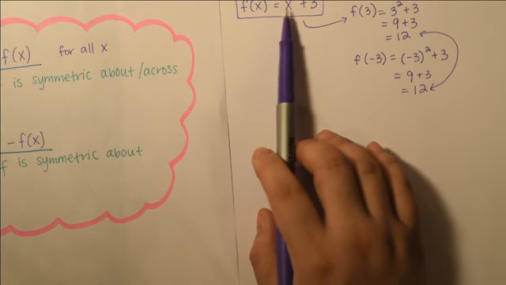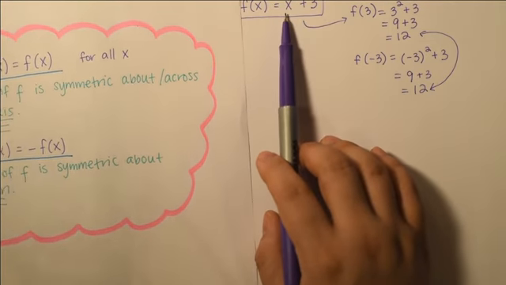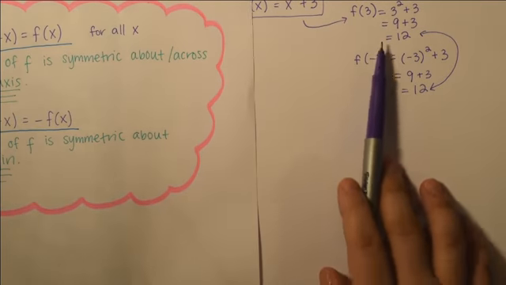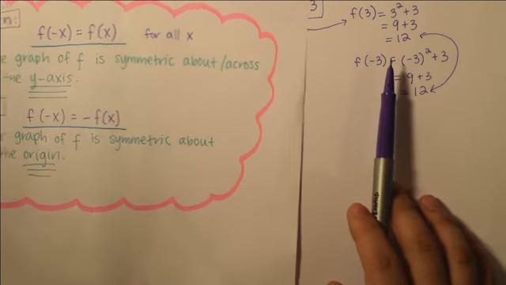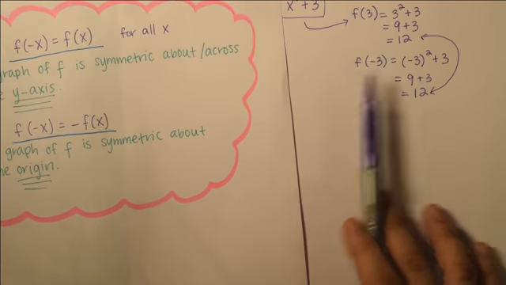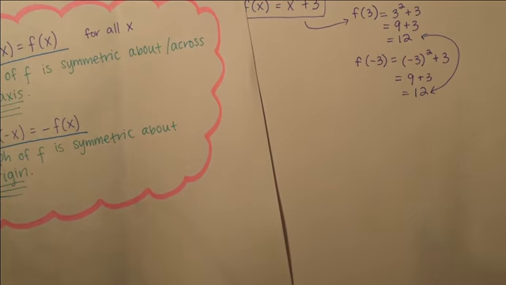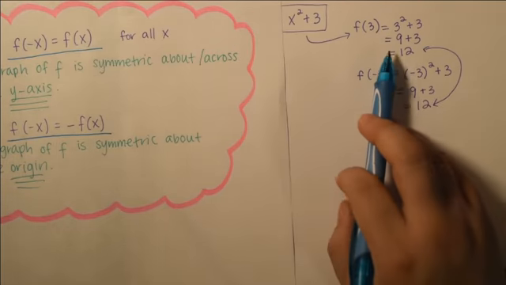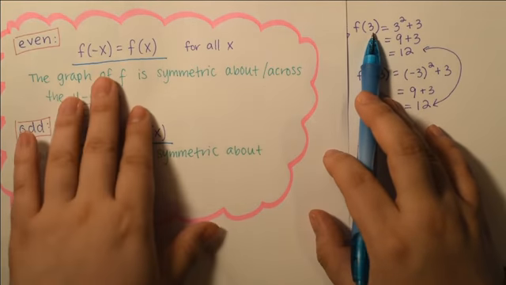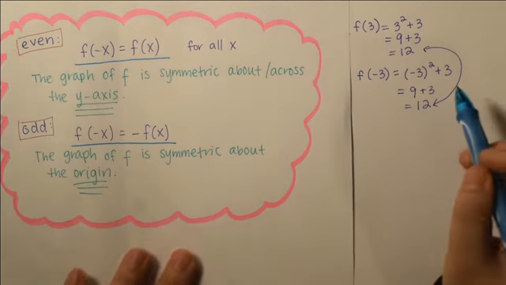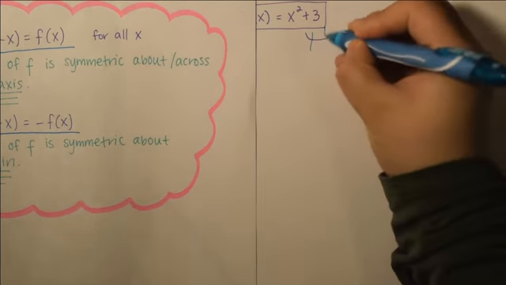The f of x equals x squared plus 3, but let's see if it's even, odd, or neither. And I kind of just gave away that it might be even, but like we said, it's not sufficient to just pick a random number. Okay, I just did that, like I said, just to remind you what this negative x and this x is doing here. So,